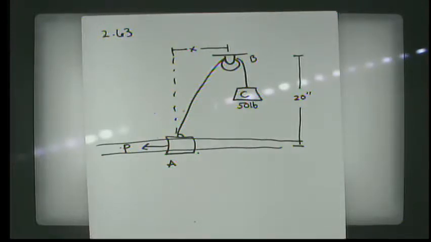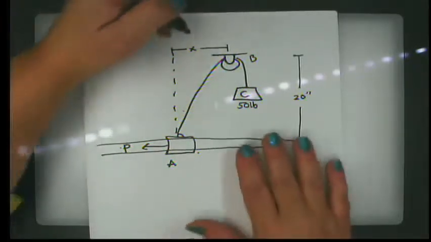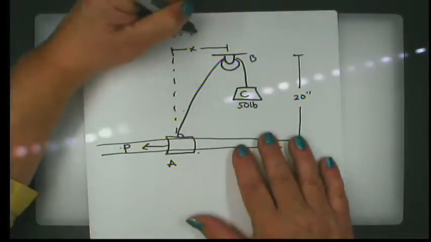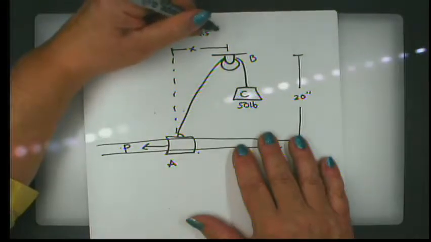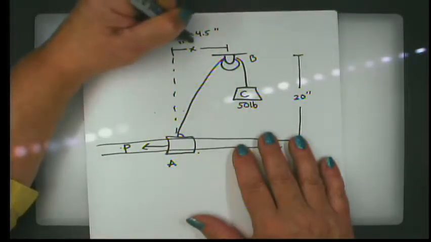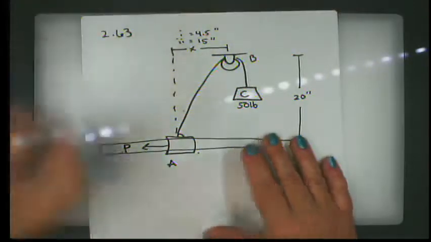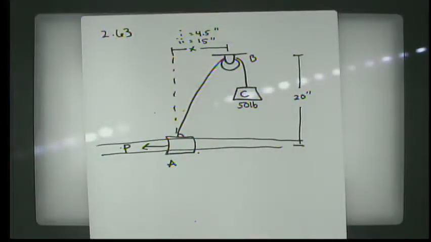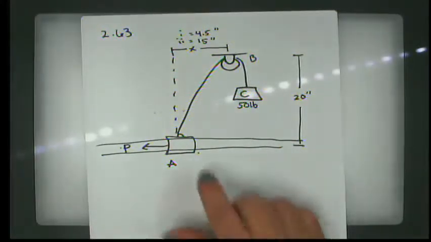And it says collar A is connected as shown to a 50-pound load and can slide on a frictionless horizontal rod. Determine the magnitude of the force P required to maintain equilibrium when x is 4.5 inches and again when it's 15 inches. So first time it's 4.5 inches. Second time it's 15 inches. So that's going to change my angles, isn't it? All right, so